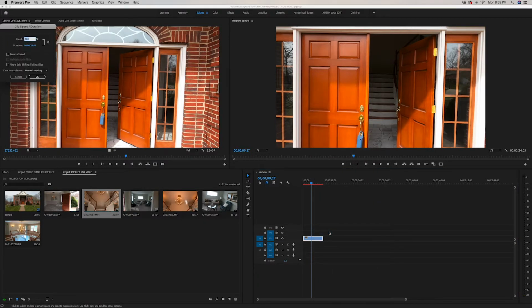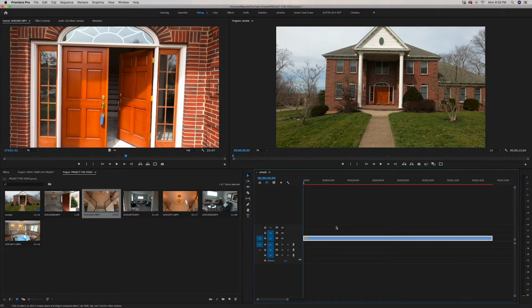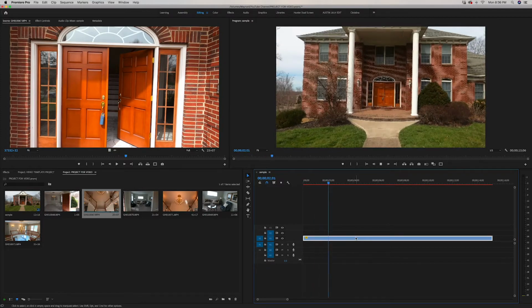So as you might know, you can't use warp stabilizer on a clip that you've sped up or slowed down, or maybe you've even reversed it. But the way to get around that, I'm going to show you today. So I went ahead and sped up this clip just now. And then what I'm going to do to apply the warp stabilizer after I know that this is the speed that I want,